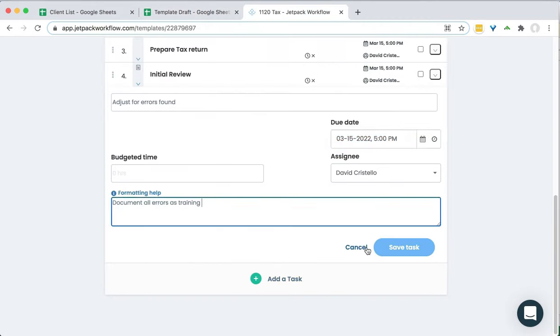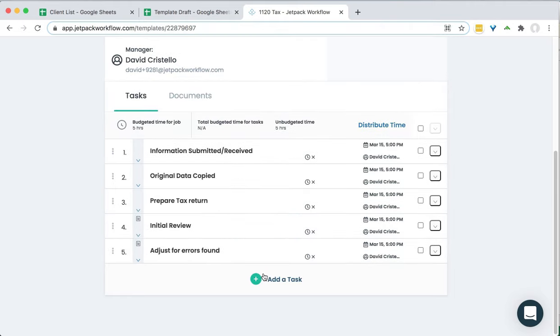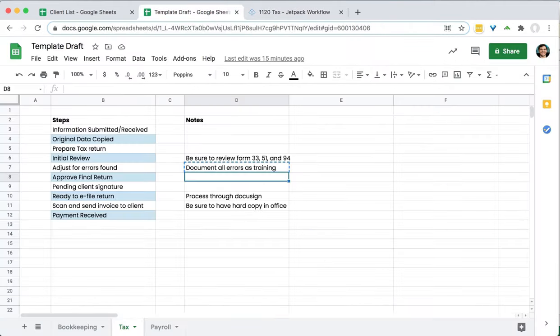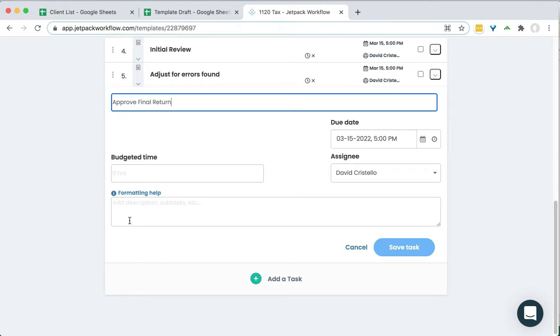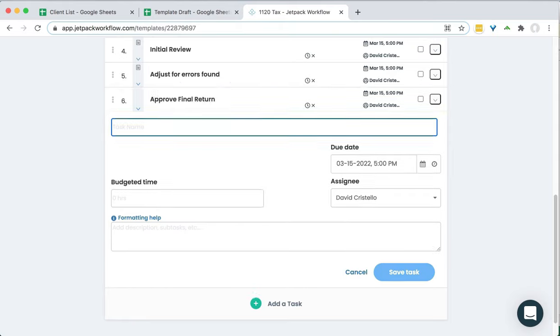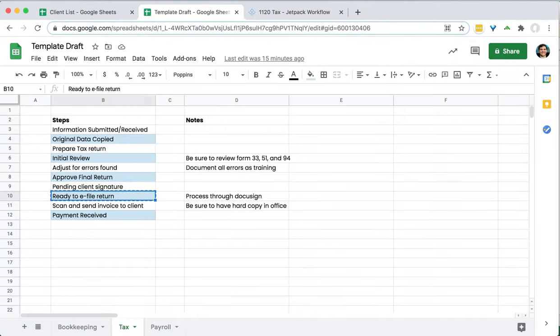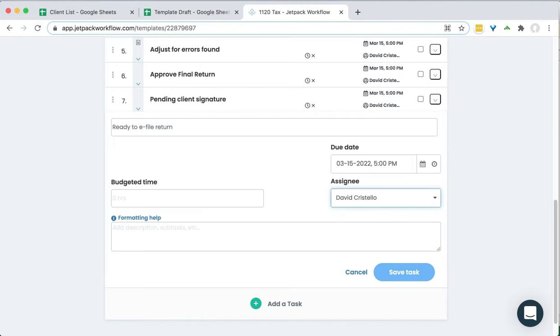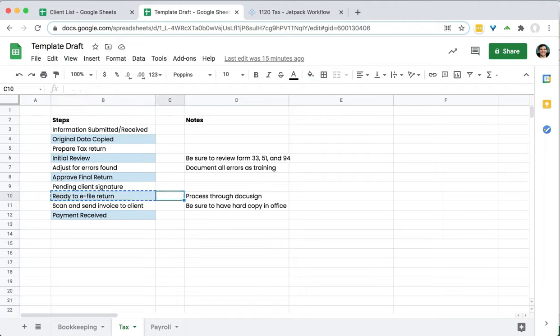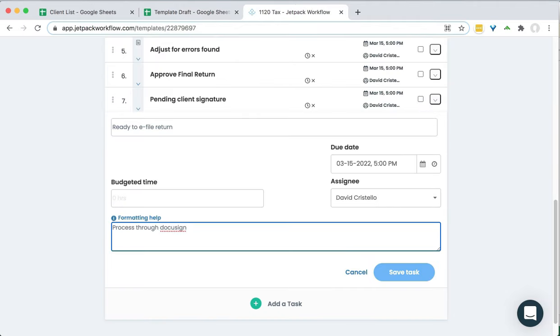Now, this may seem a little tedious. I'm shooting a video, I'm showing you each step. But again, the reason I'm doing this is because so many platforms out there say, it is so easy, you can set it up so quickly, but then they never really show you what setup is like. So I really want to walk you through exactly how this process could be for you and your firm,